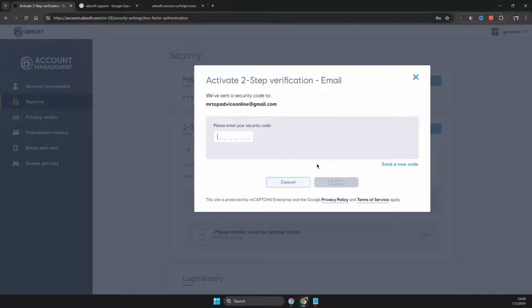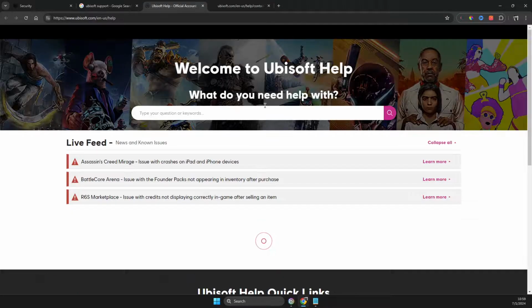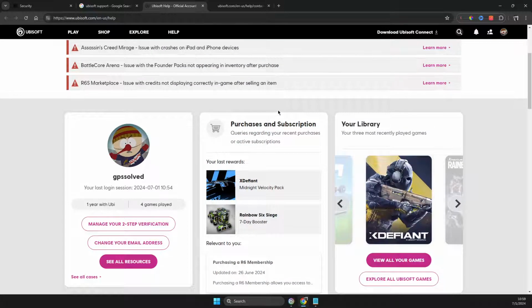And on email, if you're not getting a code, what you need to do here, you just need to go to Google and write Ubisoft support on search and click on the link. If you're trying to log into your account and you're not getting the code, what you need to do here is to just create a new account, because without an account you cannot contact support. So what you need to do here, just create a new account quickly,